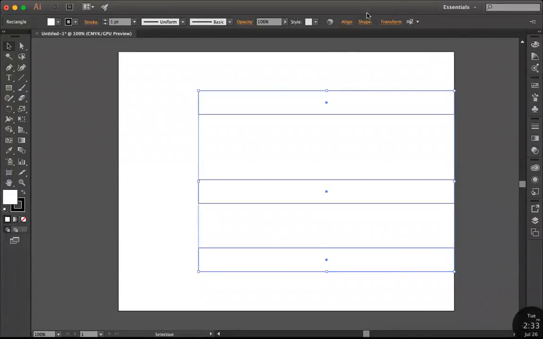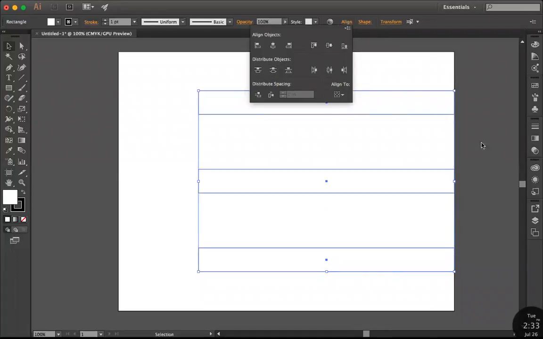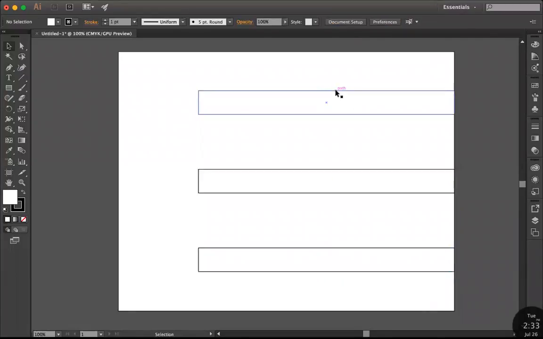And let's grab those, and let's go to align and make sure we're aligning to the selection, and let's distribute them vertically and make sure that they are aligned to the artboard on the right. Okay, so